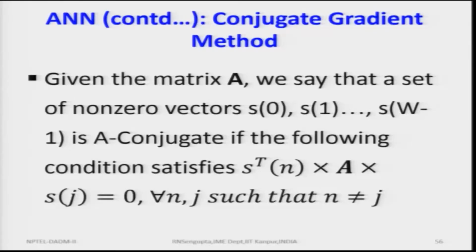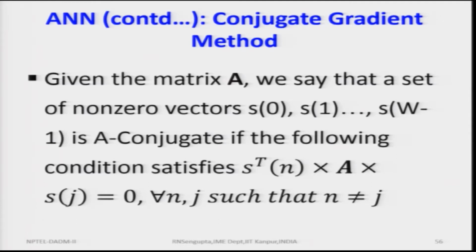So, in the matrix which we have, the objective function was half x transpose A x plus b transpose x plus c. The values of b, c and A are immaterial here; the objective function is more important. Here A, we say a set of non-zero vectors is conjugate if the following condition is satisfied. These are the mathematical terms which we have, such that S transpose